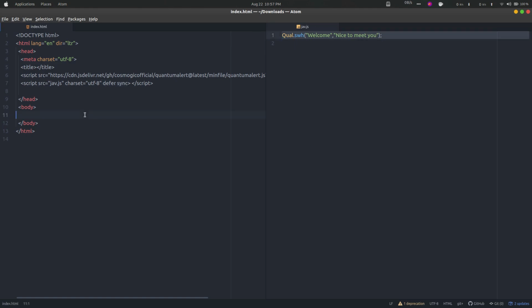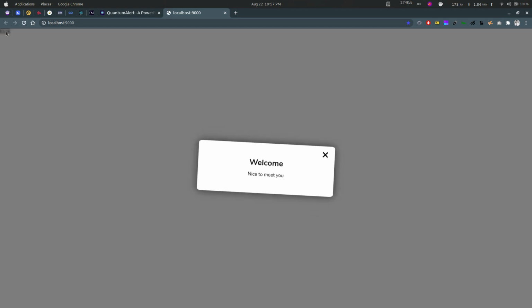You can also use it like this. If I want to use it with a button, simply add a button and name it something like Click, and define the onclick function. Paste this. Take care of these single quotes. If you are using double quotes here, use single quotes outside, otherwise it will give you an error. Okay, let me close this first. Commented. Now the button has come. If you click on this, you can see the alert is showing.